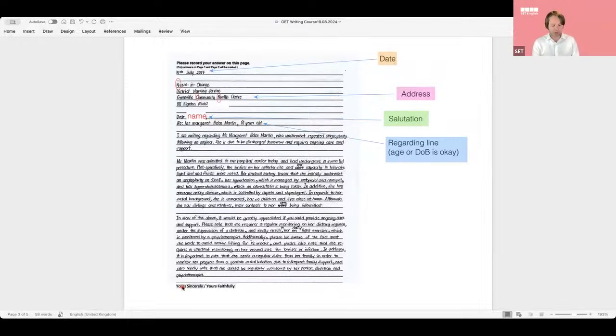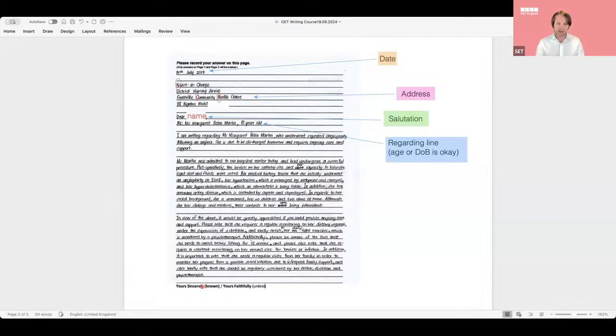If we know them, yours sincerely. Does that make sense, guys? So if I have the name, do I know them or not know them? If I have the name, I know them. Professionally, they would be known. Make sense? If I don't have the name,